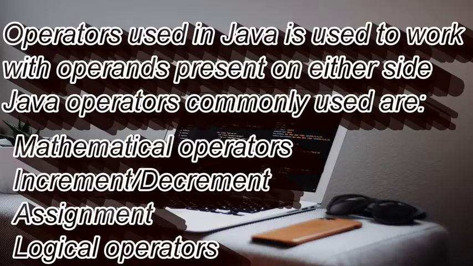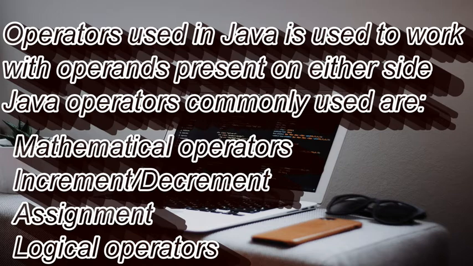We have already discussed how we can use data types, like how we get to know what kind of data is involved whenever we are writing a program. Now, when we talk about operators, there is a vast number of operators that are used in Java. An operator works upon an operand. An operand is what sits on either side of the operator.